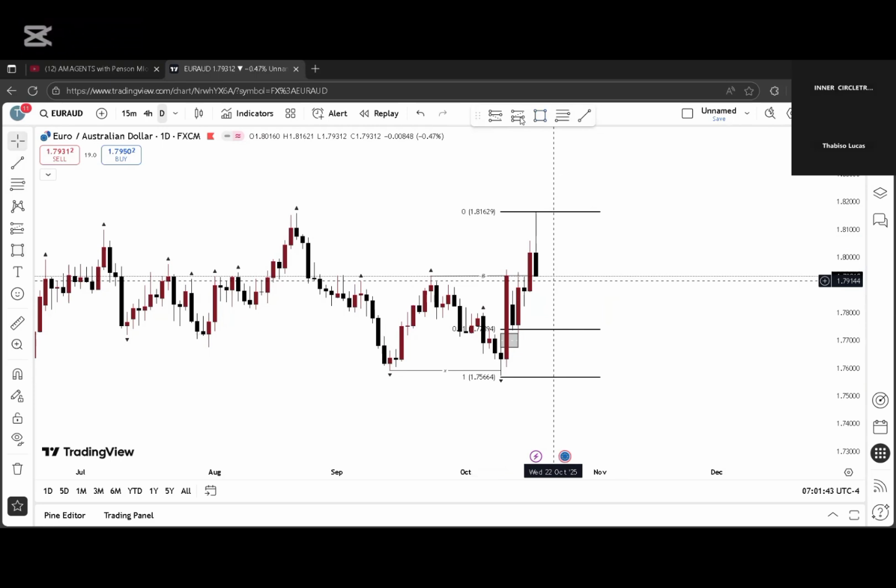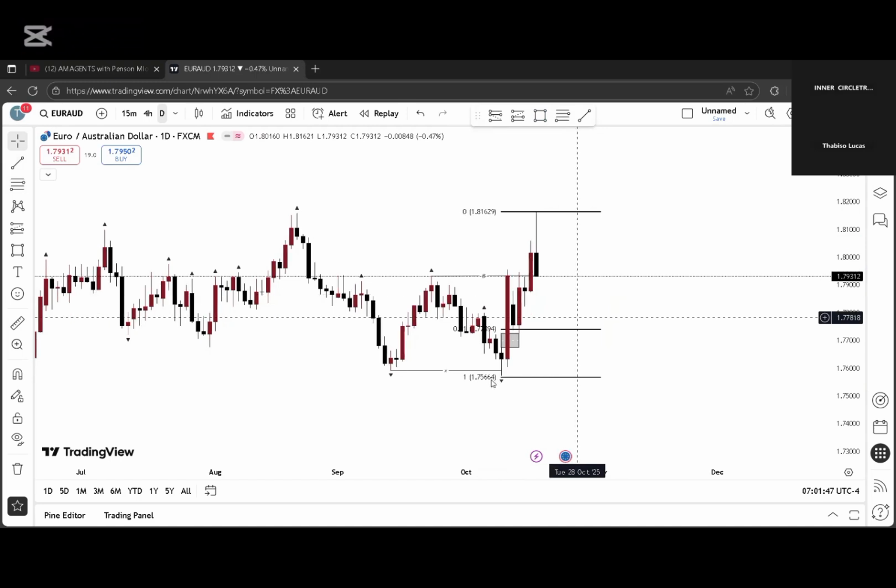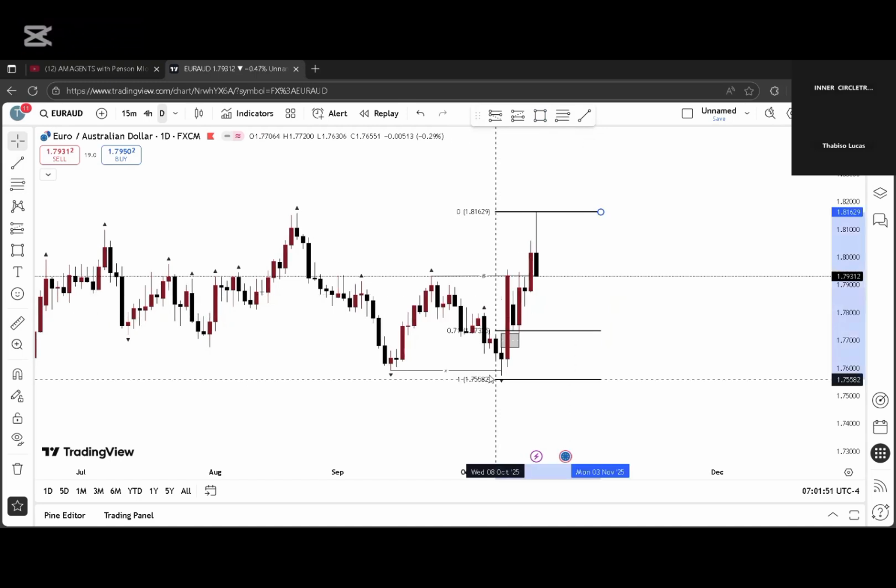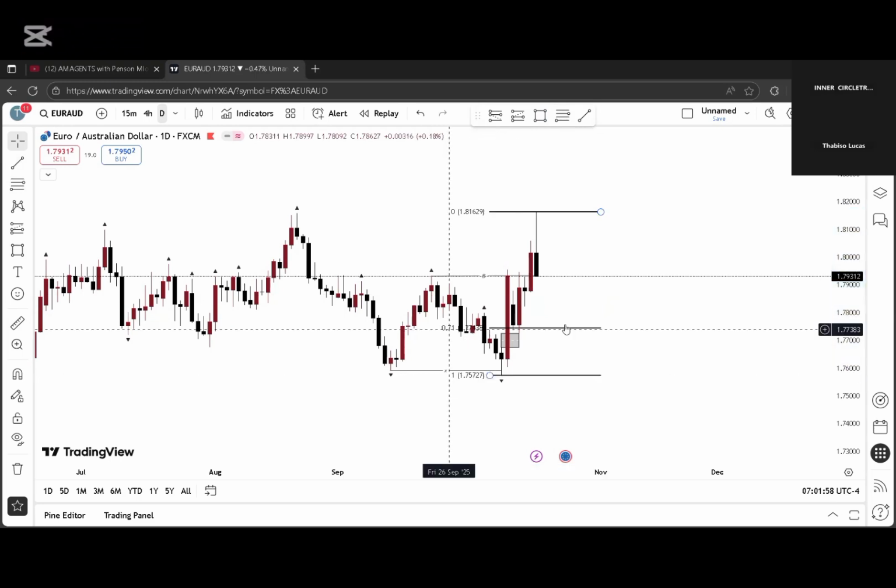So this is what I see. I use the 71 point fib retracement, which is this one right here. So this is my entry point. I enter on the 71% fib level, and